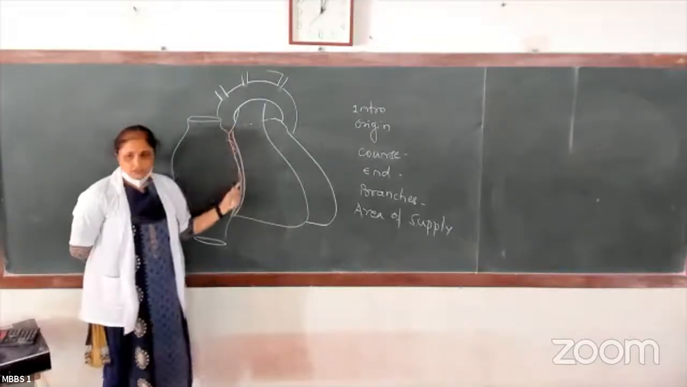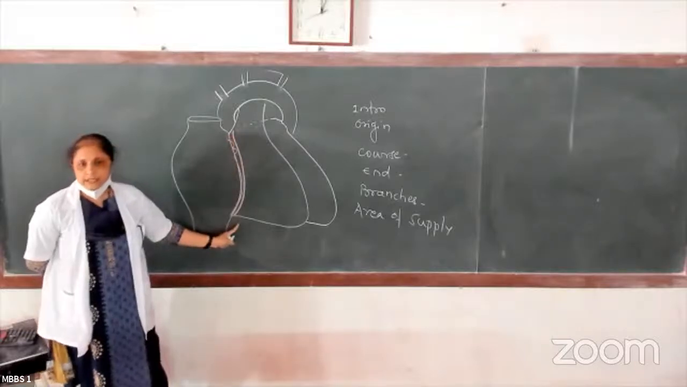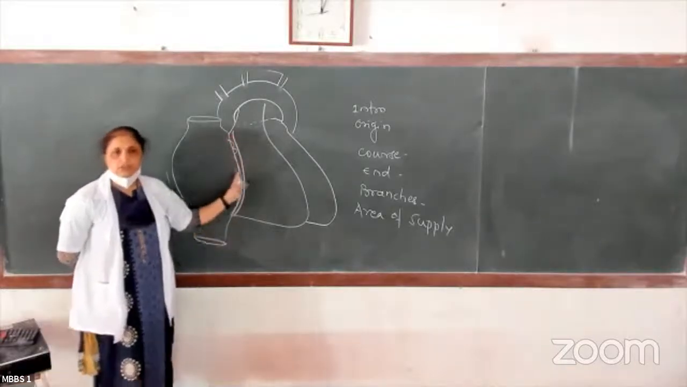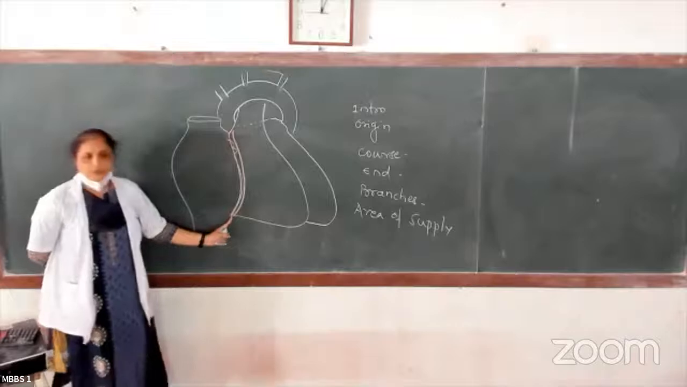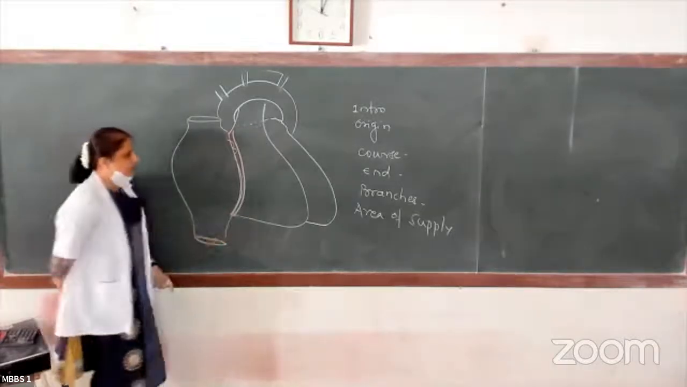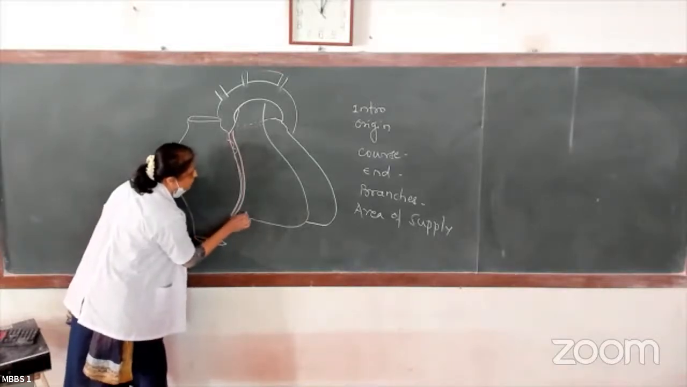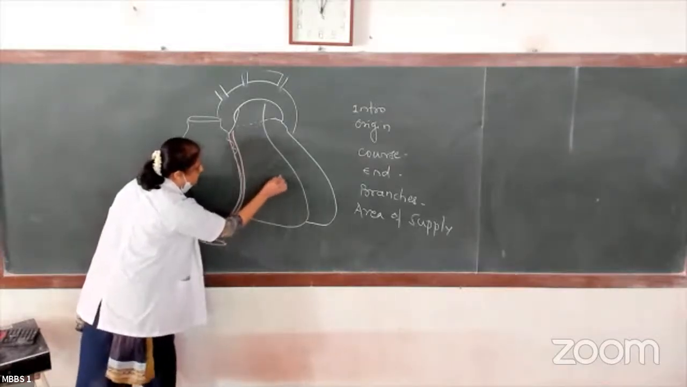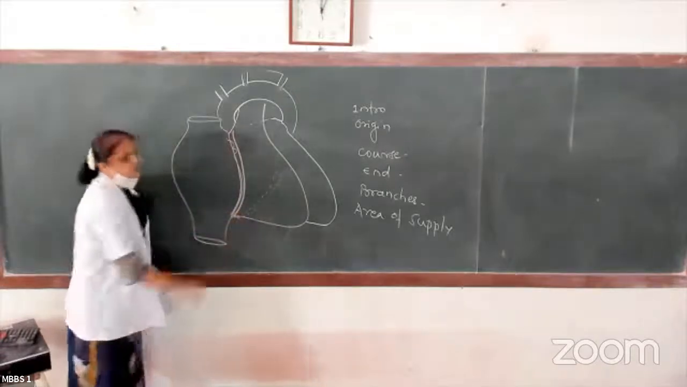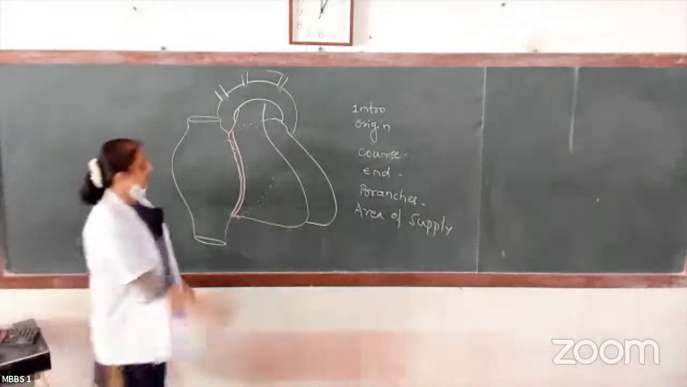It descends on the sternocostal surface of the heart in the coronary sulcus, in the atrioventricular sulcus. Up to what? Up to the inferior margin of the heart. After the inferior margin of the heart, it passes on the posterior surface. It passes through the posterior interventricular groove and gives the branches